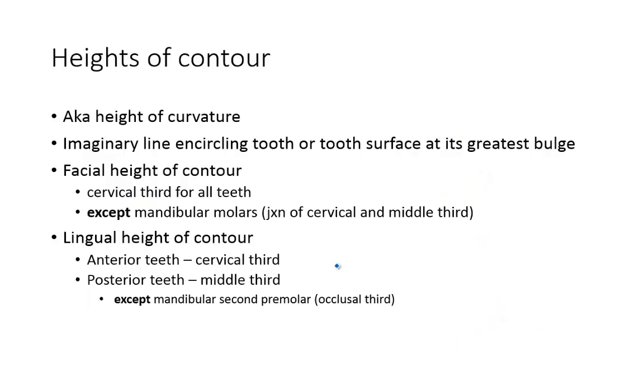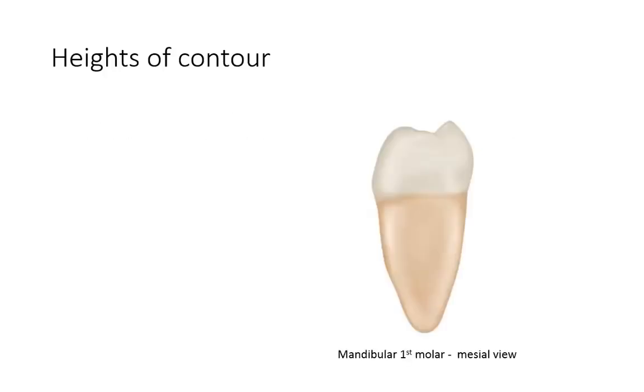So last but not least, we have heights of contour. A height of contour is also known as a height of curvature. Basically, it's an imaginary line that encircles the tooth or the tooth surface at its greatest bulge. So pretty much, if you go back to the mesial view of the mandibular first molar, if you